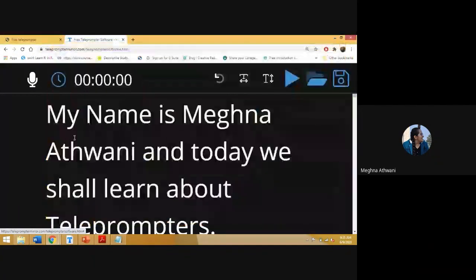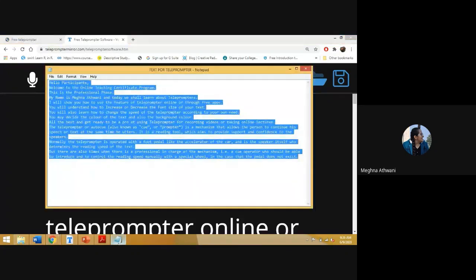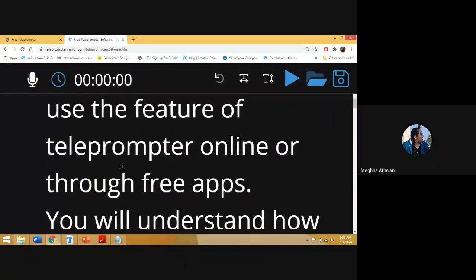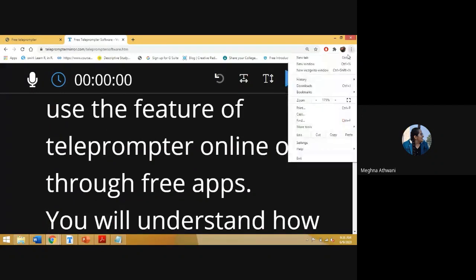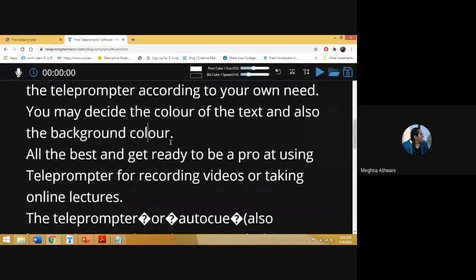It is possible that you have written your speech, your script here, and you have edited something here. And it is possible that you forget to actually edit it in your TXT file. I copied my text from my TXT file. It is possible that there was some grammatical mistake here, so I just corrected it exactly in the teleprompter. So what do I do after that? I can save the file.